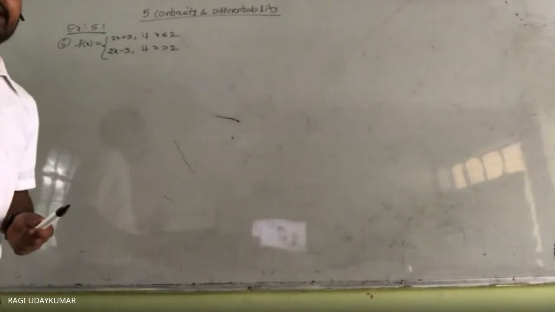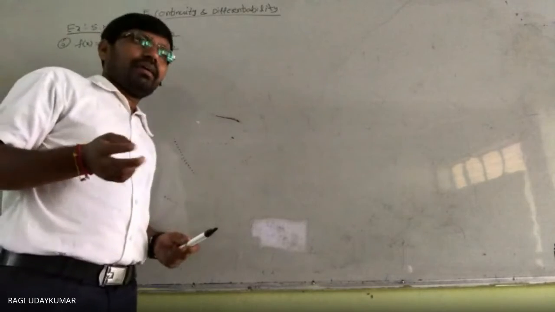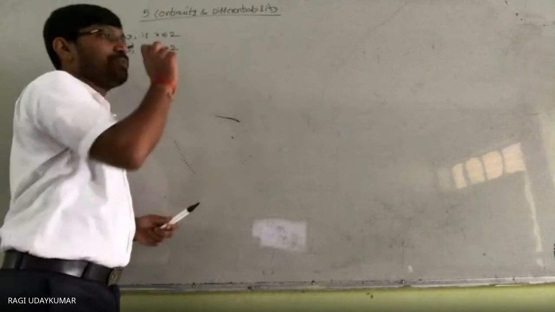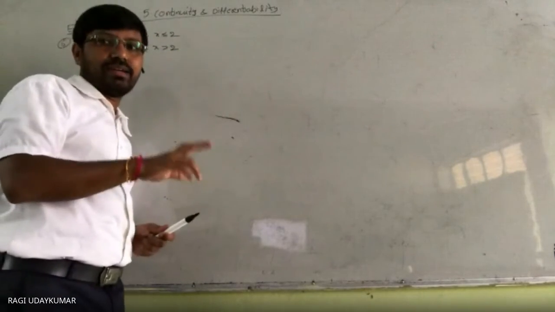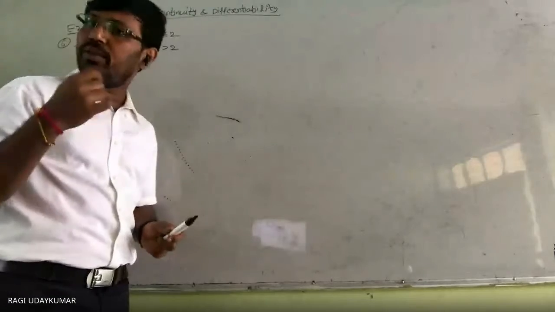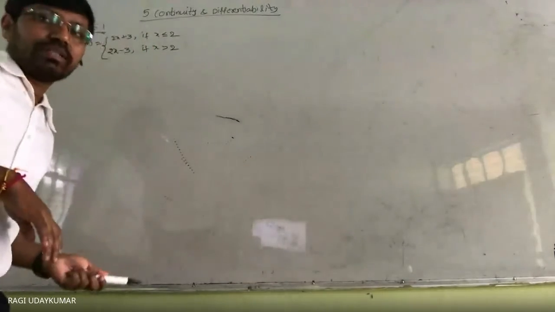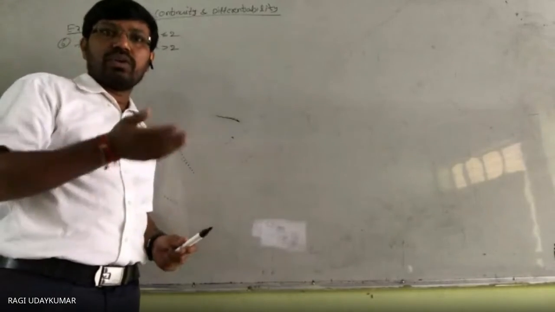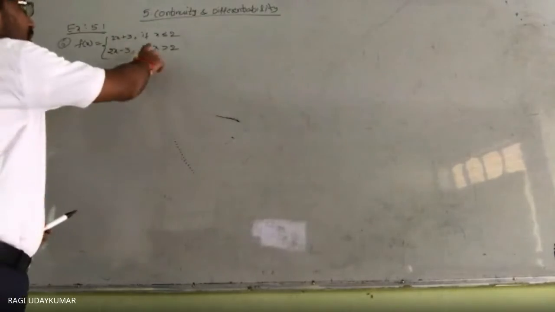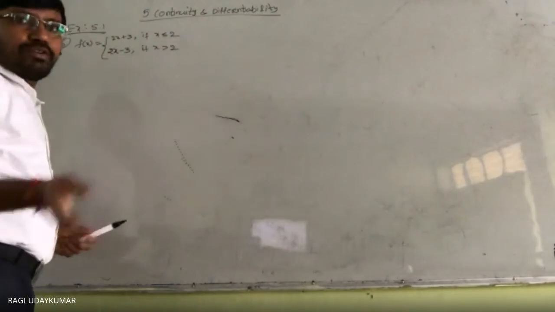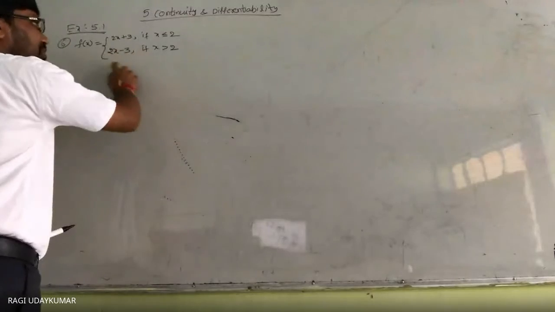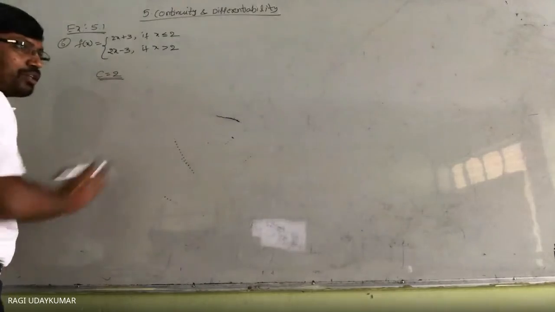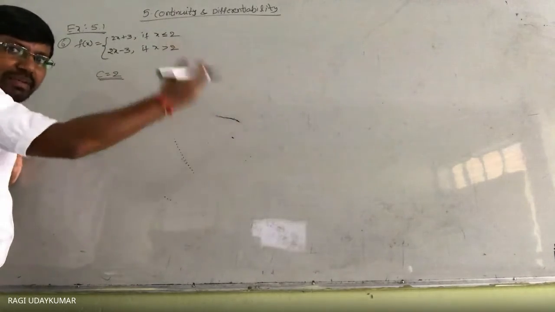Mostly here, continuity should be checked at x equals 2, because the function splits at 2. We need to check the left side of 2 and the right side of 2. Consider any real number c. Consider c less than 2, c equal to 2, and c greater than 2. For c less than 2 this function applies, and it is continuous. For c greater than 2 this function applies, and it is continuous. For c equal to 2, let us check. That part you can do, the first and last part, just like the previous problem.